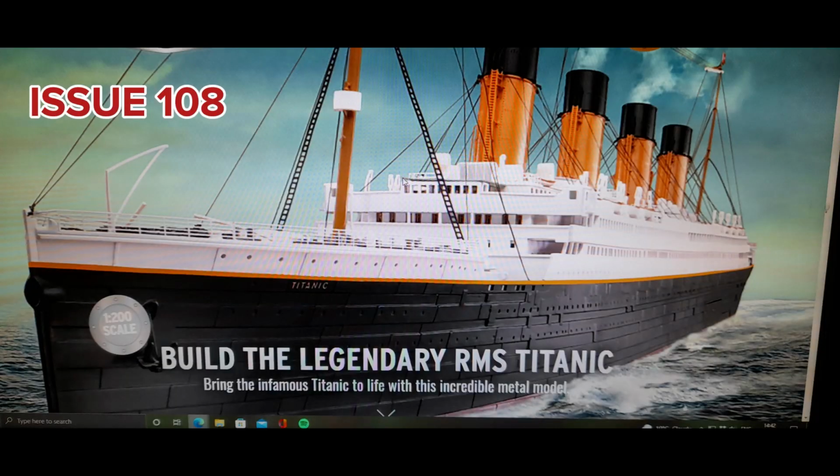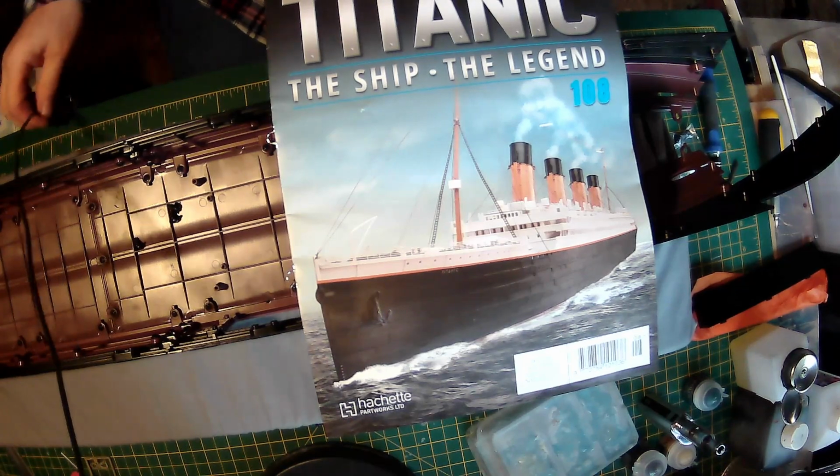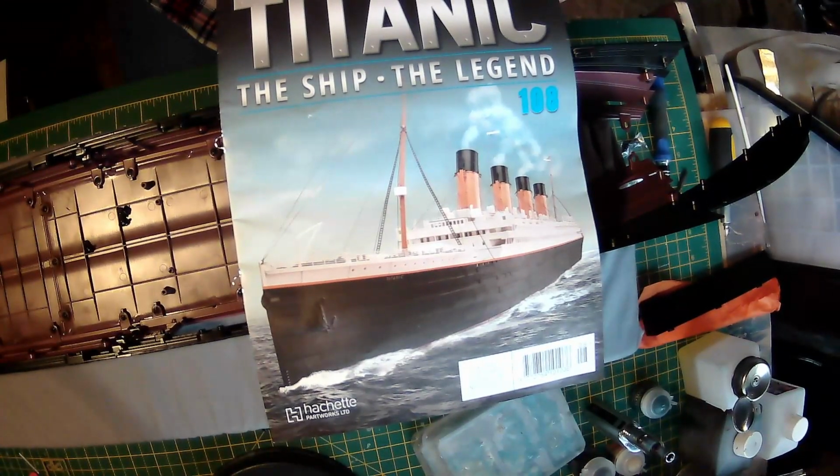Today Matt builds, and happy Saturday, even though it's getting a bit windy out there now. Storm Kathleen has arrived, more or less, but today I'm going to be doing issue 108 of the Titanic, the ship The Legend by Harshep Artworks. So, as usual, we'll go through the magazine,